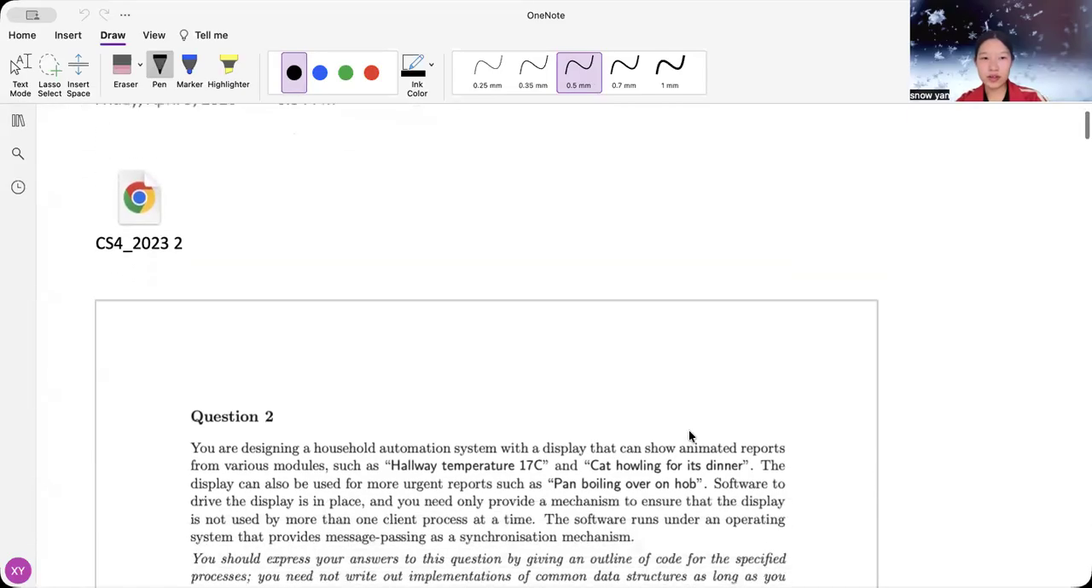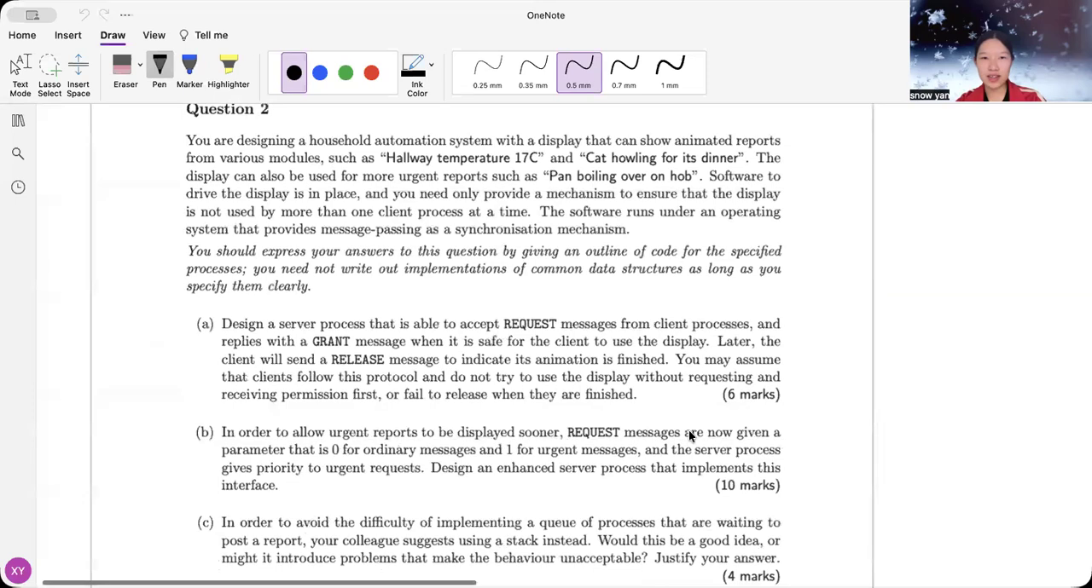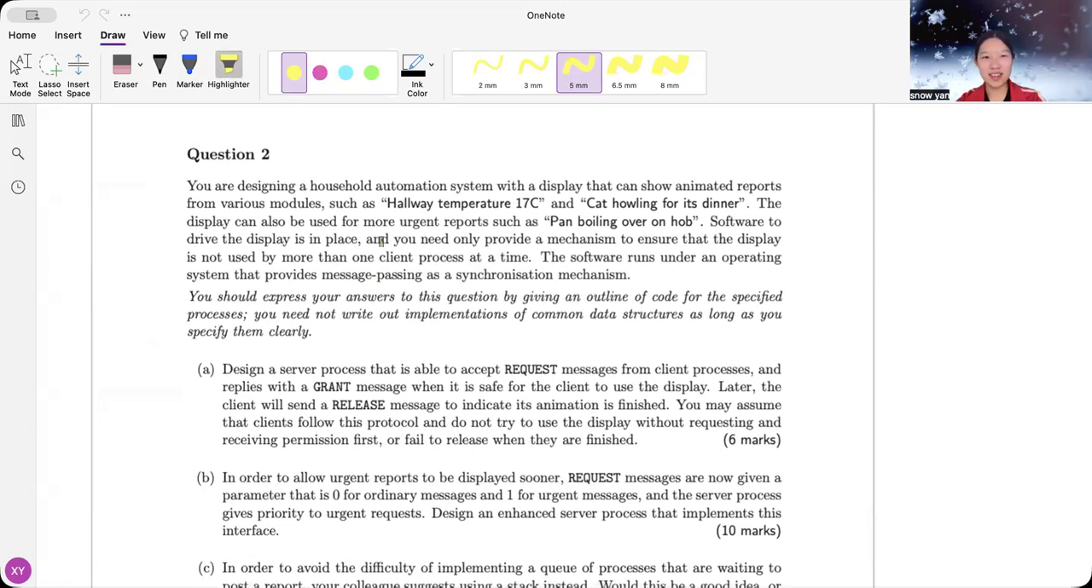This is digital systems. For this question, I'd say it's relatively interesting because we're asked to write C programs rather than assembly, which is kind of weird, but I think it's pretty good. So in this question, we're asked, you're designing a household automation system with a display that can show animated reports